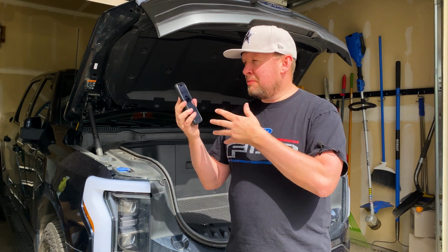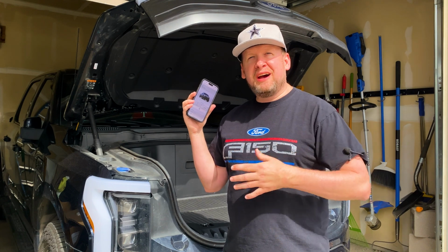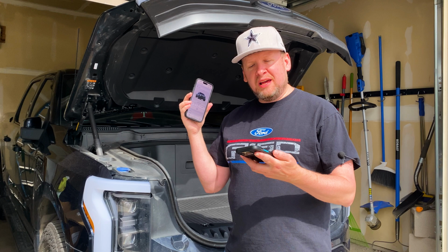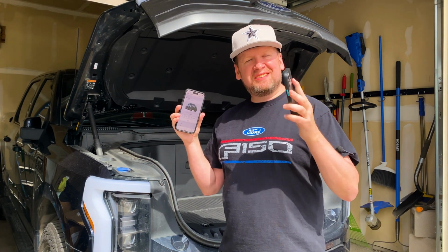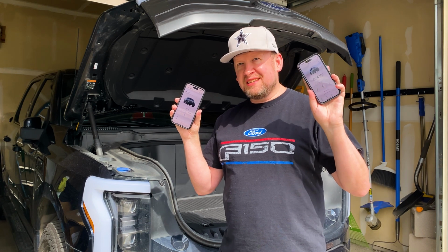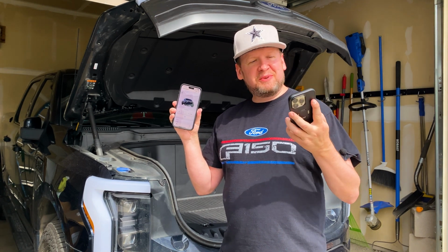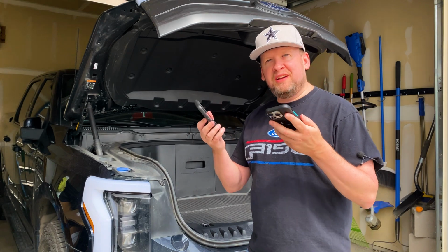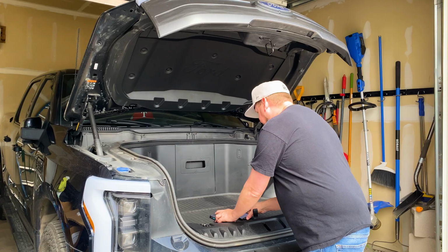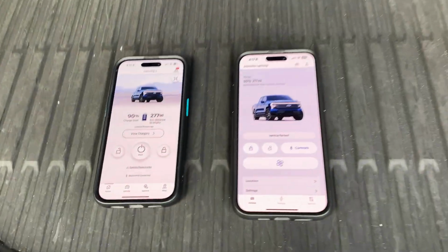I didn't remember turning on my auto updates, but my wife, I talked to her about it, and I asked her, and she's like, "No, I didn't have mine turned on." So I actually got her phone, and we're gonna have a side-by-side comparison because hers has not updated yet. So that's really exciting. So let's just set these down over here, and I want you to come over here and look at them here. So right now, initial